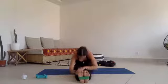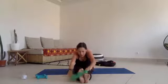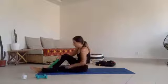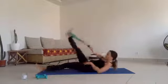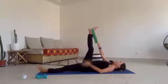Hooking the band around your feet or whatever you have, towel it can be, it doesn't have to be a band. And then hooking onto your right foot, let's come into our stretch so we can get loosened up before we go deeper into the abs. Roll down, taking that right leg up to the sky and just melt into the mat for a moment